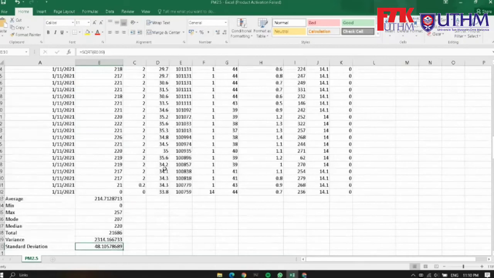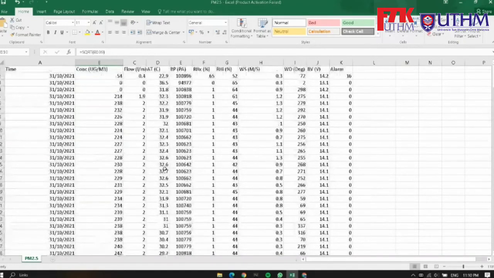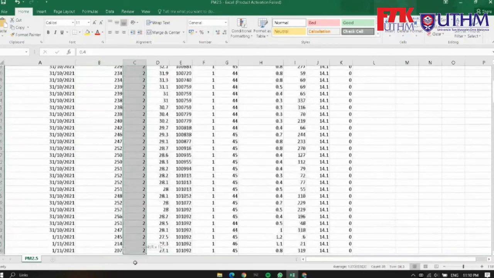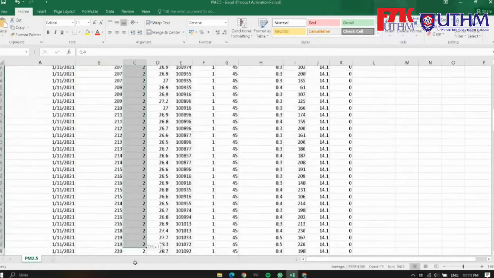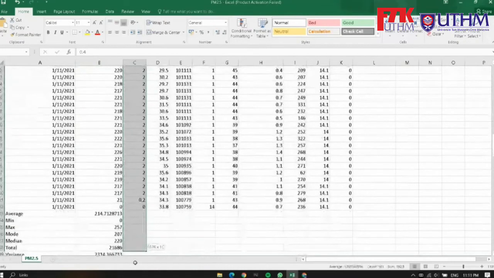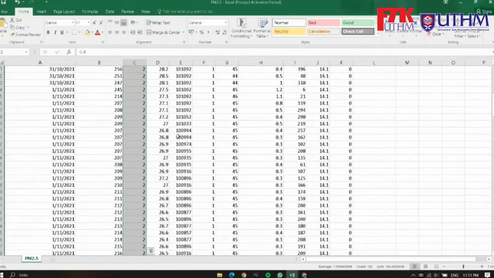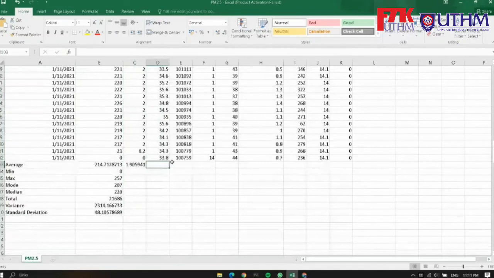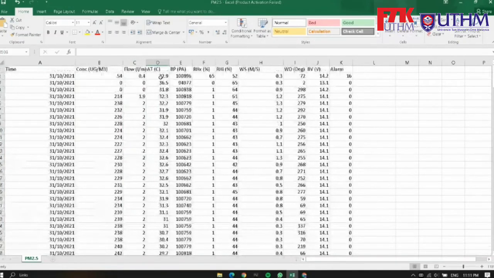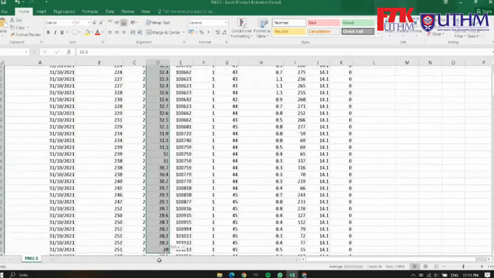You can do this for other data as well. For example, for flow, we would like to find the average of the values in order to calculate the total suspended particulate in the future. After selecting your data, click this box, click average, and the value should appear down here. The same goes for temperature.